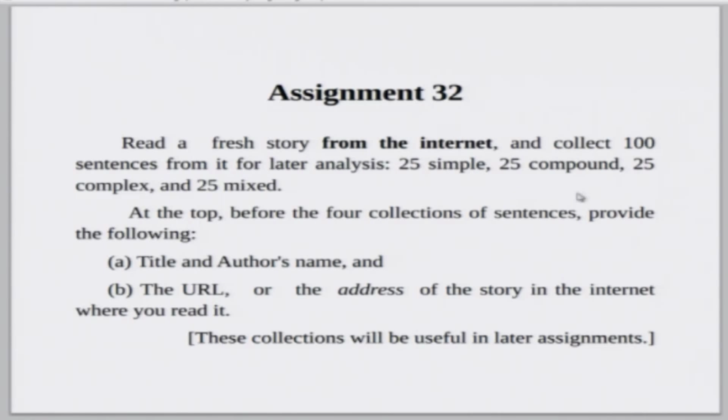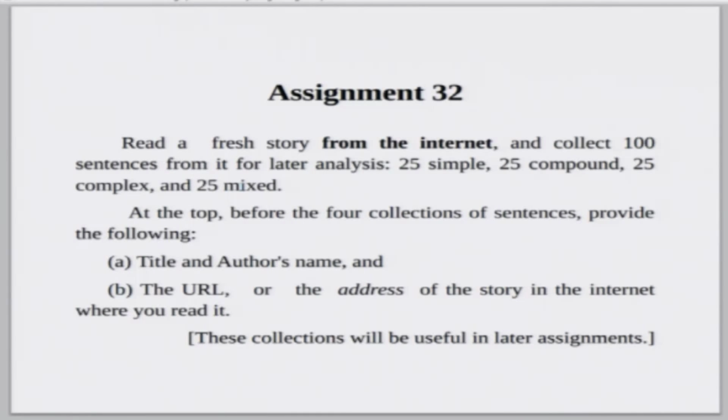So, 25 simple sentences, 25 compound sentences, 25 complex, 25 mixed. That means in the simple one, each such sentence will have a single clause. That means a single subject. I mean, the subject could be boys, that is not a problem. Okay. I mean, that is still a single subject, and a single verb in the role of a verb. In the compound case, there will be two or more such clauses, all equally prominent. In the complex case, there will be one main clause and other clauses will be subordinate, operating as nouns and or adjectives or adverbs.